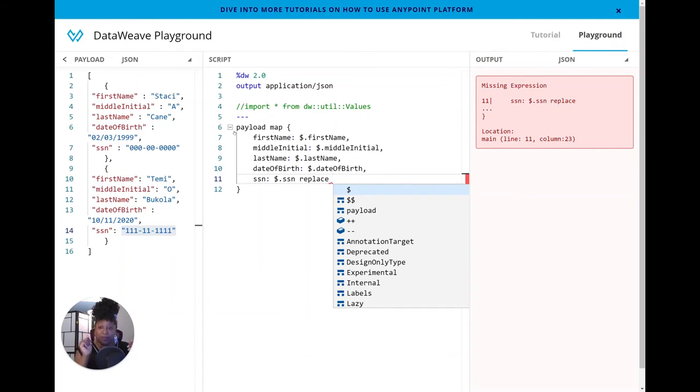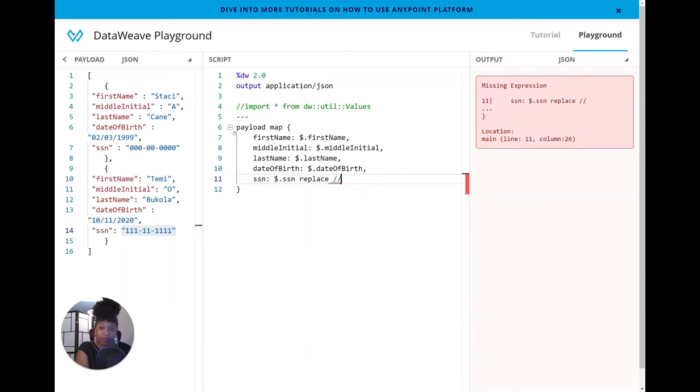It's very similar to how replace is done in Java for those who are familiar with Java development. So replace takes a regular expression. I'm going to put after the replace keyword 2 forward slashes, and my regular expression goes in my forward slashes,